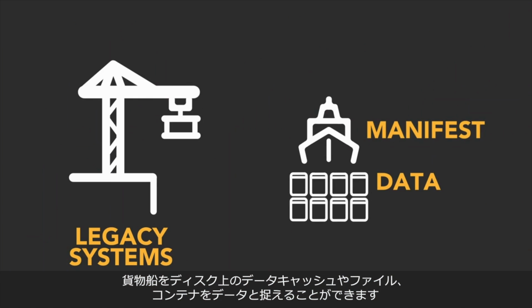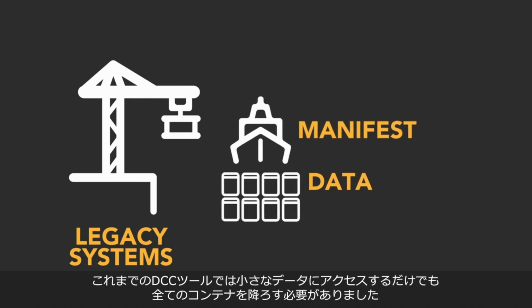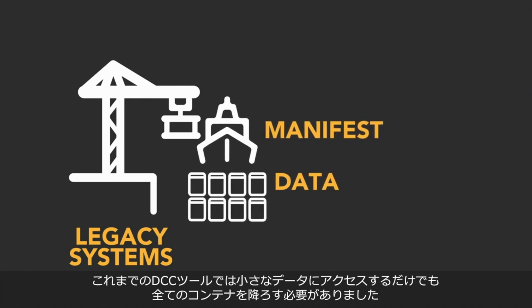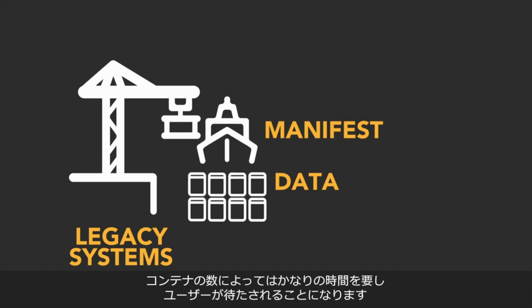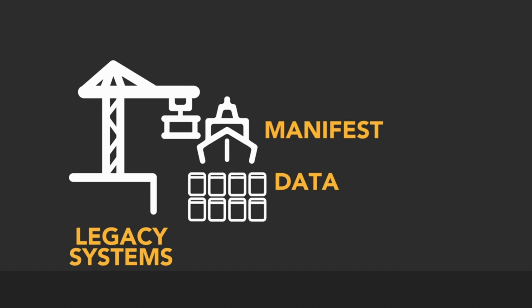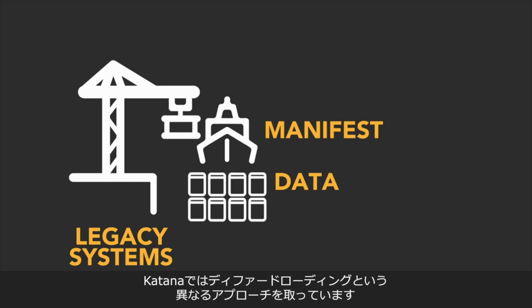This is how legacy DCCs work. All of the ships/caches need to be offloaded before the user can start to access a single piece of data. This can be a very long process, as there may be hundreds, if not thousands, of ships waiting to offload their cargo. Katana takes a slightly different approach to allowing users to access their data through a process that we